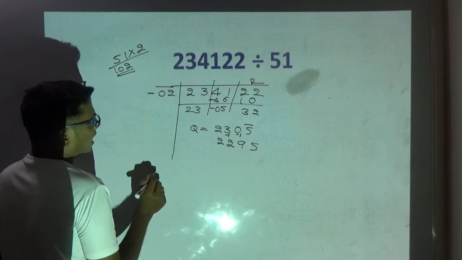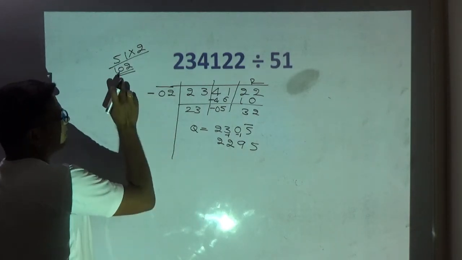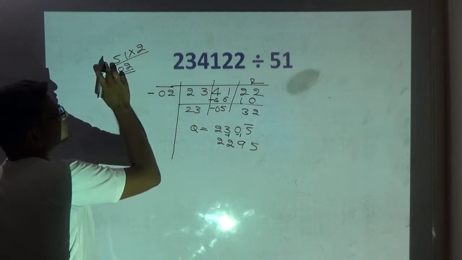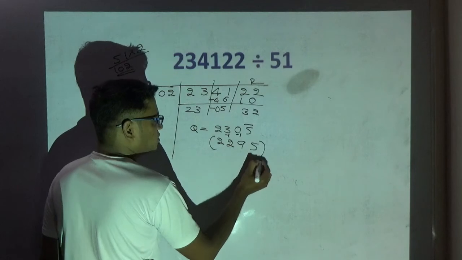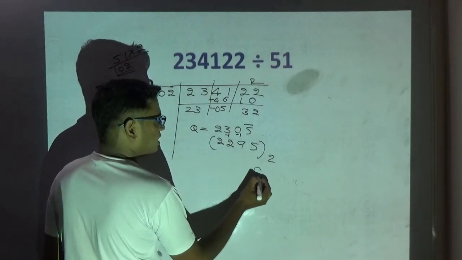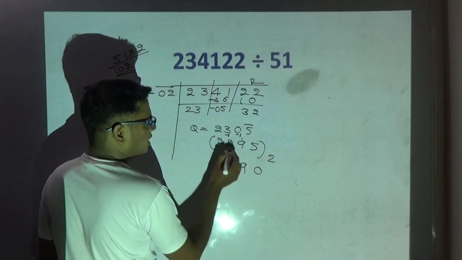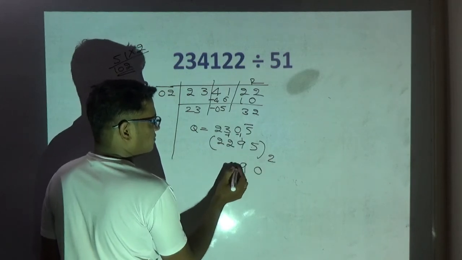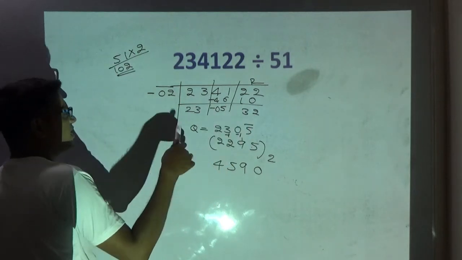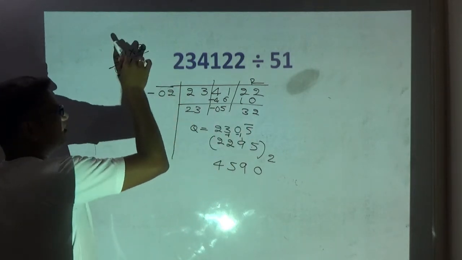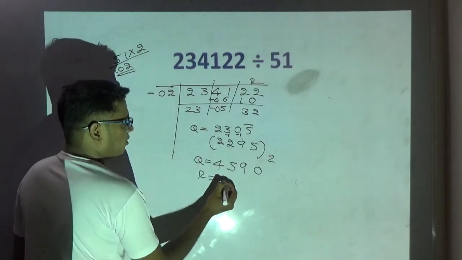Actually, from which number do I need to divide? I need to divide by 51. But I did it by what? 102. So for 51 to get 102 I have multiplied by 2. Therefore I will multiply this by 2. 5 2s is 10. 9 2s is 18 plus 1, 19. Carry 1. 2 2s is 4 plus 1 is 5. This is 4. Now 32. 32 I cannot divide even by 102 and not even by 51. Therefore the quotient is this. Remainder is 32 as it is.